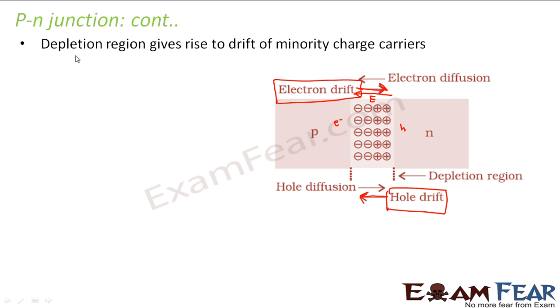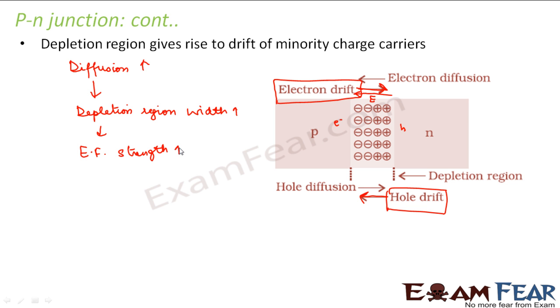Okay. So that means, let me note down whatever I spoke. Diffusion happens whenever we connect a p-type and n-type together, because there is a difference in concentration of electrons and holes. So diffusion gives rise to depletion region. As diffusion increases, the depletion region width increases. As a result, the electric field strength also increases, right? And as a result, the drift current